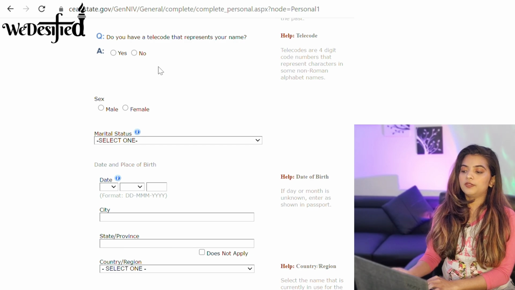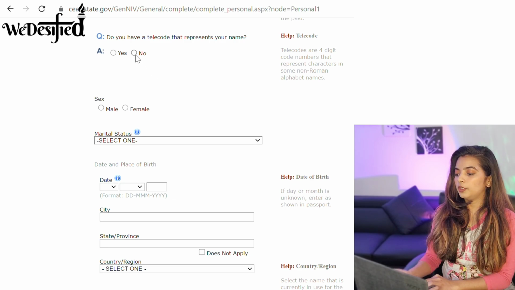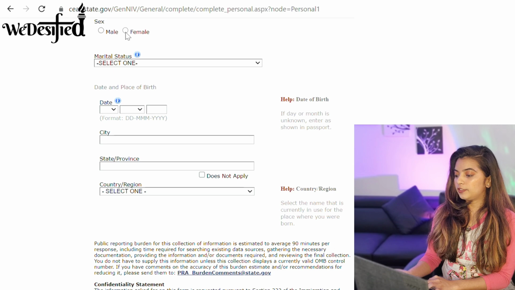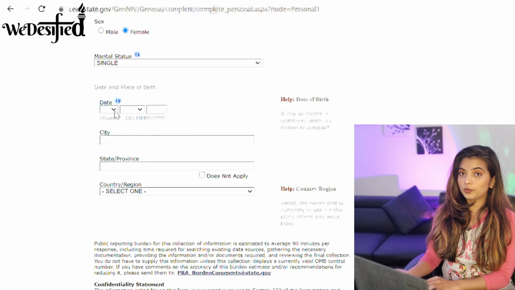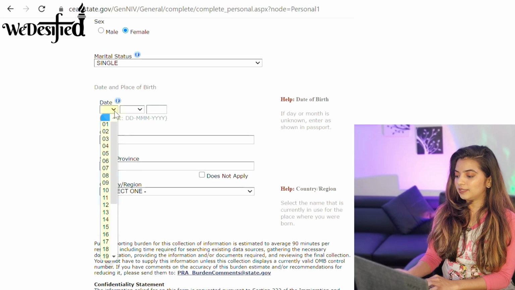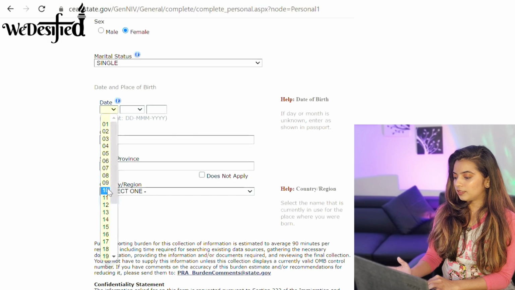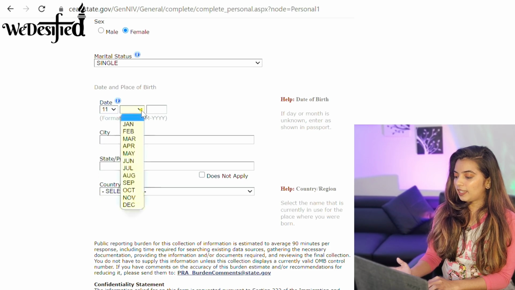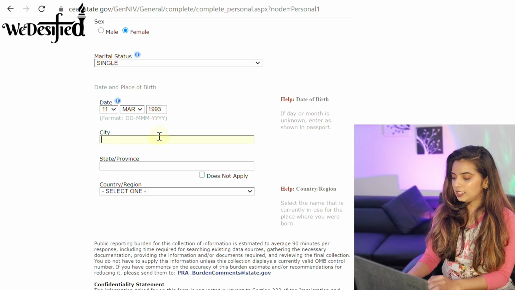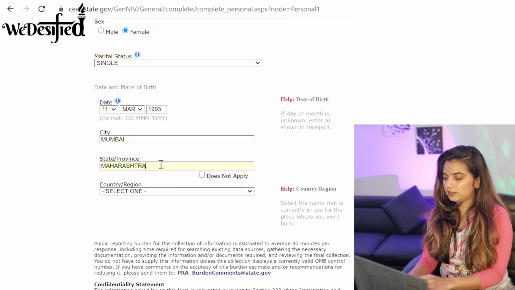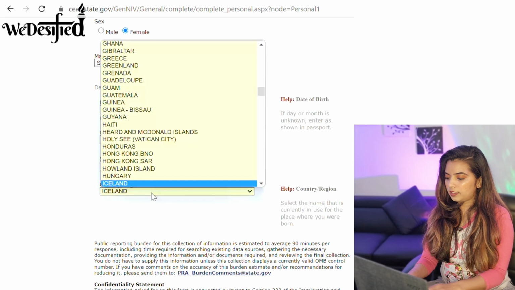Now Indians do not have any telecode, so again I'm going to click on no. Sex is female. Marital status single. I really do not know the date of birth of Alia Bhatt, so I think she was born somewhere in March 1993. So date, I'm just going to ballpark. Let's say 11th and March and year 1993. City is going to be Mumbai. State Maharashtra. And country